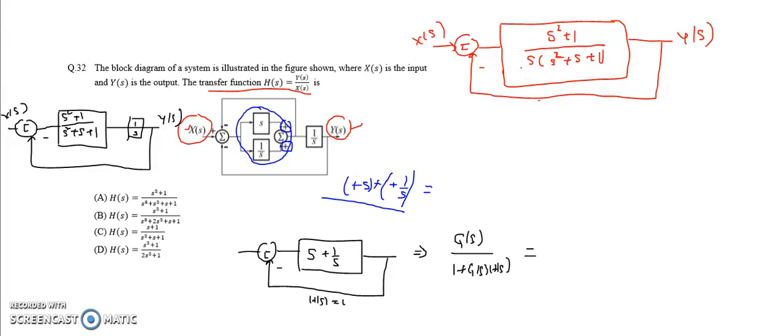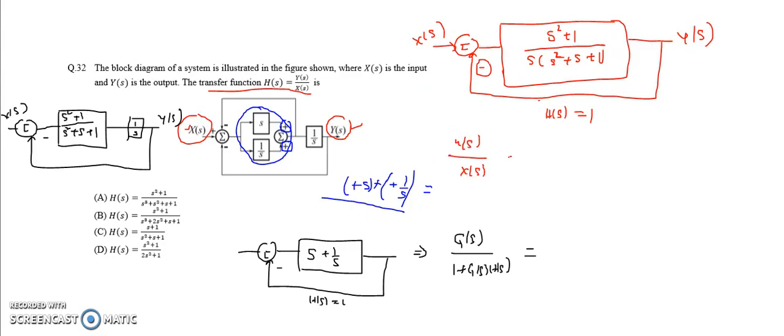So my simplified block diagram will be like this. I just multiplied these two here, and this entire block diagram looks like a G of s, and here H of s is equal to 1, that means unity feedback, and which type of feedback is it? Negative feedback. So my expression will be G of s by 1 plus G of s into H of s. So now the transfer function, that is Y of s by X of s, can be taken as